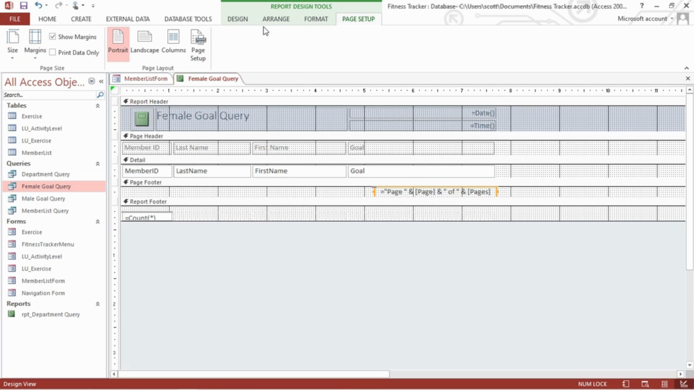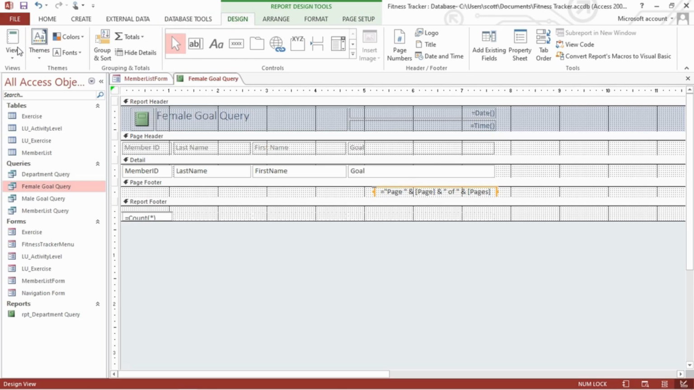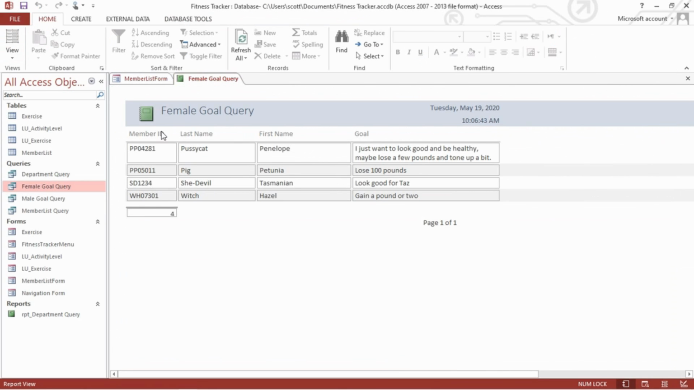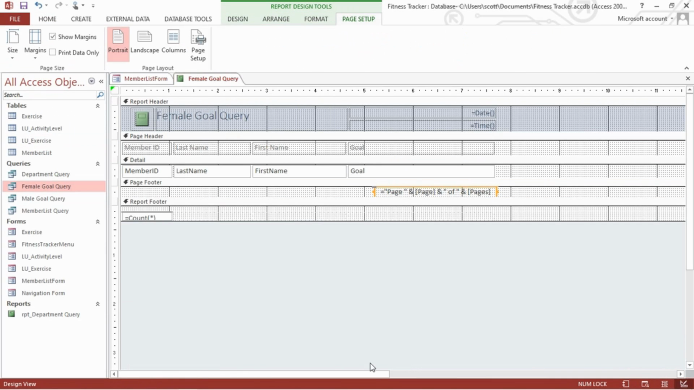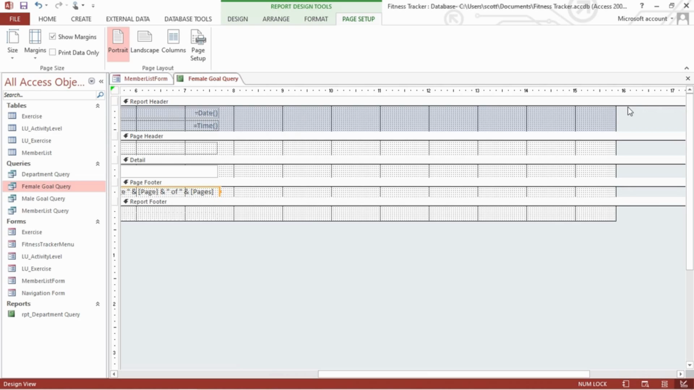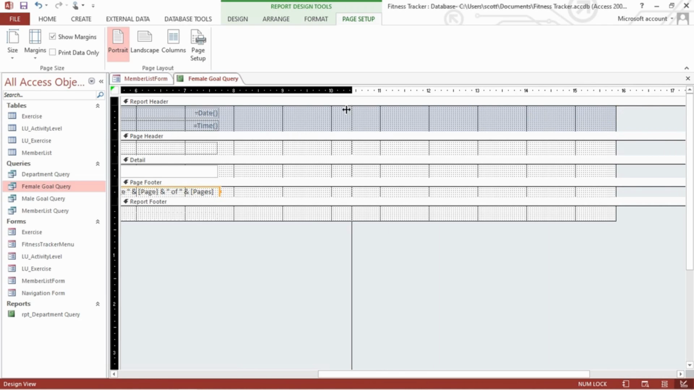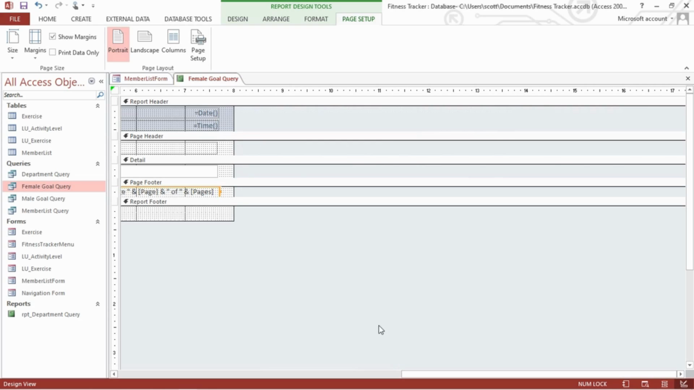And we go to design and view our report. So we'll go to design view. And now we can scroll all the way over. And we'll take the end of our report page and we'll just drag it over to, we'll go to 8 inches. There we go. Now if we go to print preview,